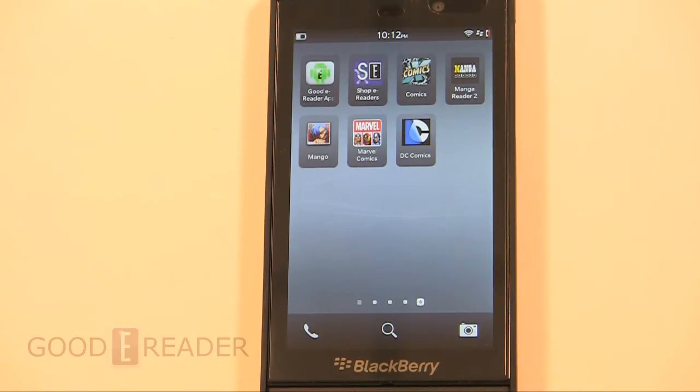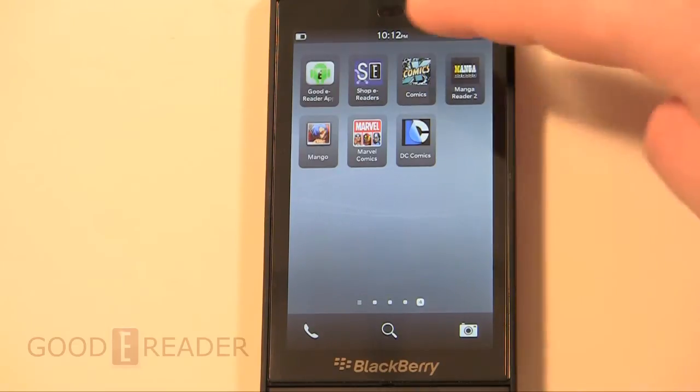apps.goodereader.com. Now, this requires you to sideload apps in, and in this YouTube description, we'll provide a link that will give you access to the software, all of our other video tutorials on how to sideload apps in, and you can go from there. So comiXology, Manga Reader 2, DC Comics, Marvel Comics, and Manga. All of these cover a wide spectrum of content, everything from superheroes to Star Wars to traditional manga and graphic novels. So we're going to start first at our favorite app, which is probably #1 on the list, which is